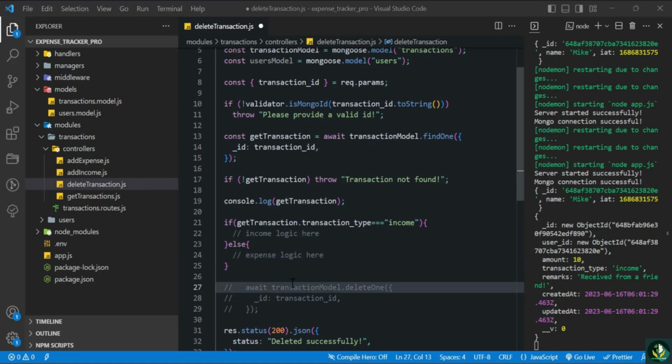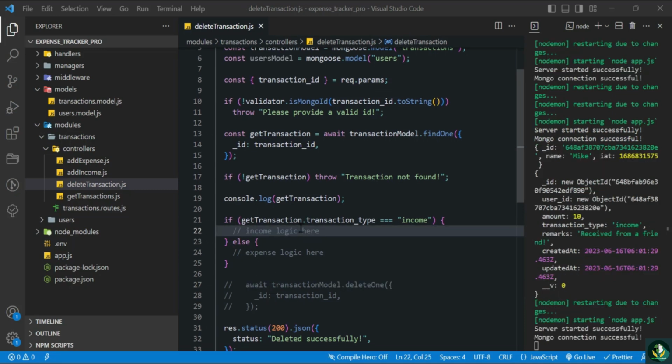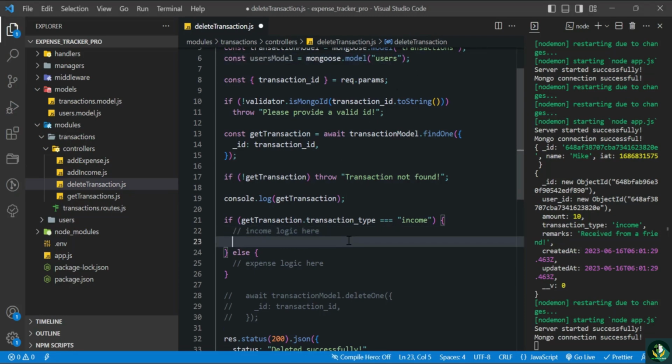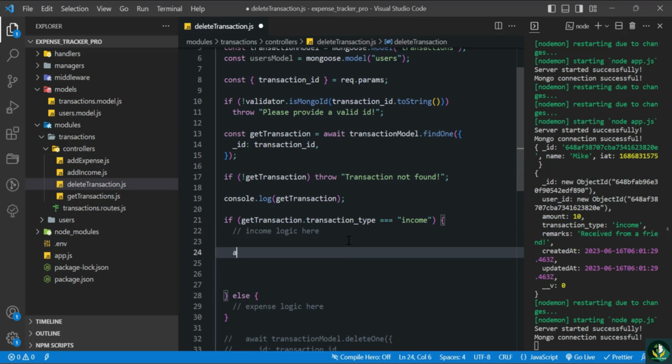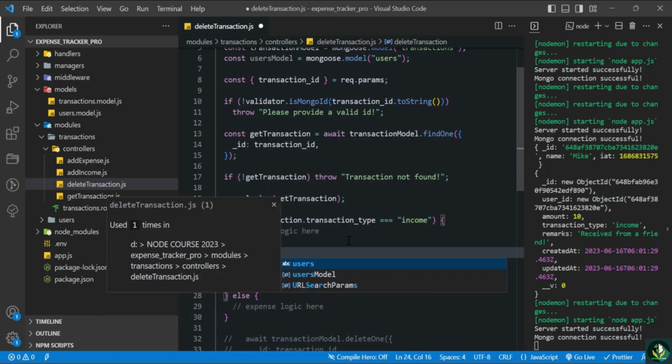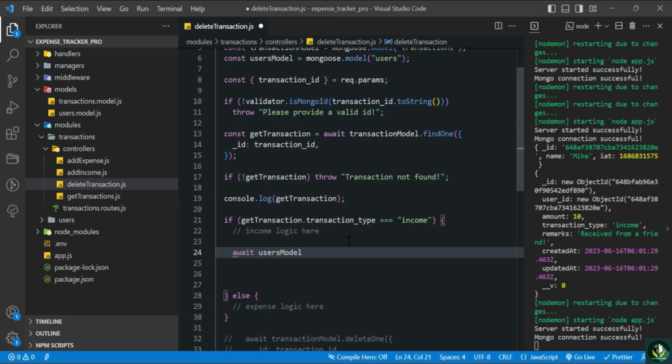Now if there were more than two expense types, then we would need to write a switch statement, but as there are only income and expense types, we will be doing just fine with this if else statement. So now that we will be working with the user model, make sure you are importing this users model over here. And now what can be done is, if the transaction type is income, then users model update one,